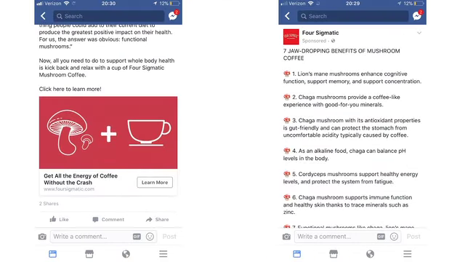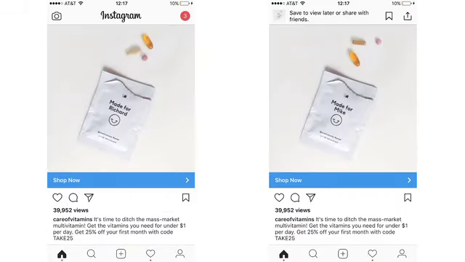So this is from Four Sigmatic, and they have coffee that is made from mushrooms. It's a novelty product. Very fascinating. So this ad image, I actually worked with them on this. I just told them, guys, don't complicate it. The cool part about this is that it's mushrooms plus coffee. Tell people that. And this has worked really well for them. So, creatives with a formula or a comparison, those work really well because they just get the point across so